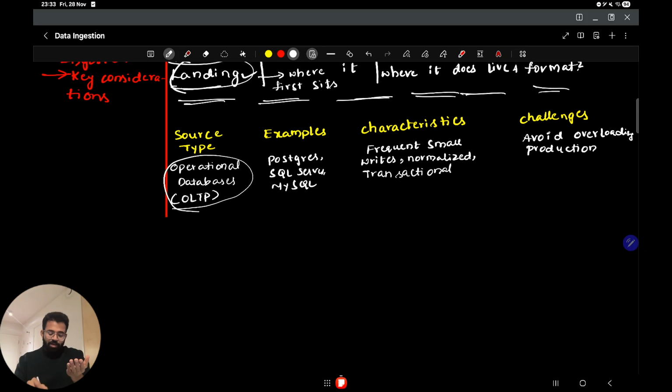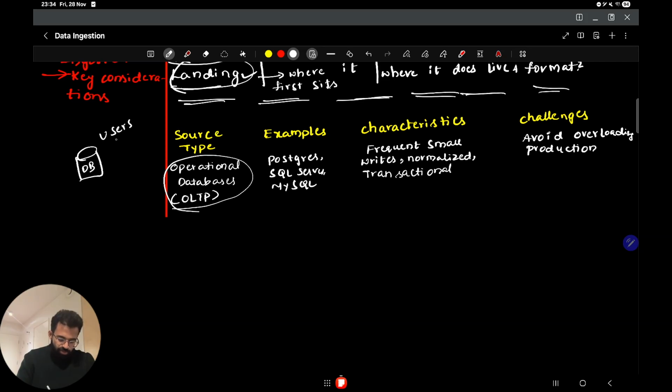Or this operational database might also be used to support your company's or your product's operations, right? So if you are trying to fire large, heavy queries to get the data from these operational databases during work hours, then it is probably going to slow down your operational database, because during the peak hours or work hours you will be serving essentially the customers. Your customers are users. Let's say this is the operational database, right? So